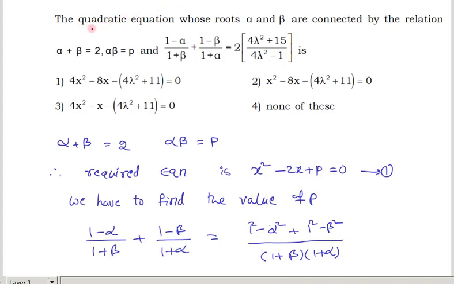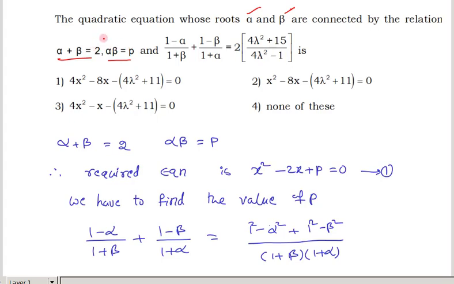Let us observe the question. The quadratic equation whose roots alpha and beta are connected by the relation alpha plus beta is equal to 2 and alpha into beta is p, and (1 minus alpha)/(1 plus beta) plus (1 minus beta)/(1 plus alpha) is equal to (4 lambda square plus 15)/(4 lambda square minus 1). That means we need to find out a quadratic equation whose roots are alpha and beta, and